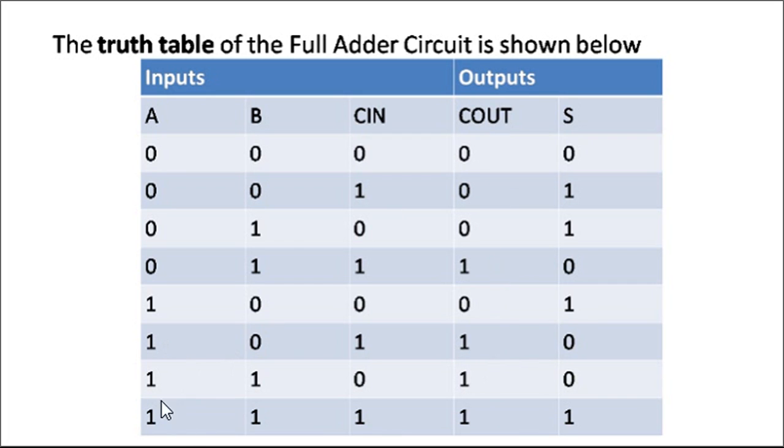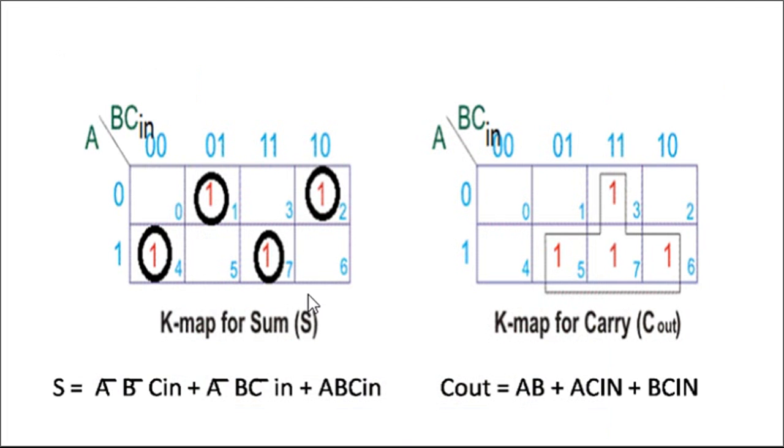We'll take another example. 1 plus 1, again sum is 0, carry 1. So carry 1 you can mark here. That sum 0 plus 0 is 0. Whenever you make the addition, before marking the final output in Cout and sum, we can mark it roughly in the corner, and afterward put it into the final table. Then see the K map for S and the K map for carry out.